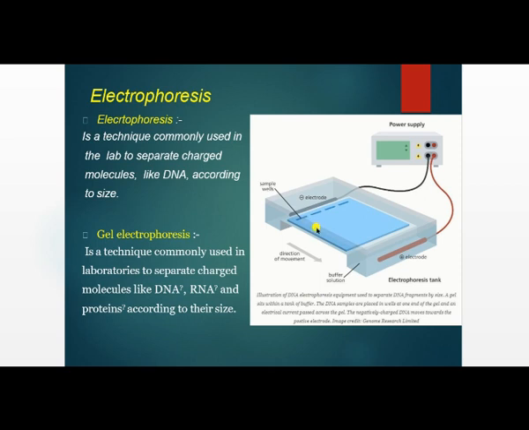Understood? So on the basis of their molecular densities, these fragments get separated on this gel. After this, we are going to perform the further Southern blotting technique, where we are using nitrocellulose paper. When you are using nitrocellulose paper, the bands separated on this gel stick to that nitrocellulose paper, and that nitrocellulose paper we are going to observe by using the autoradiography technique. Understood?